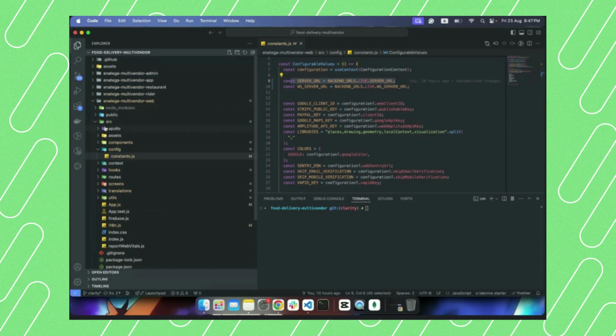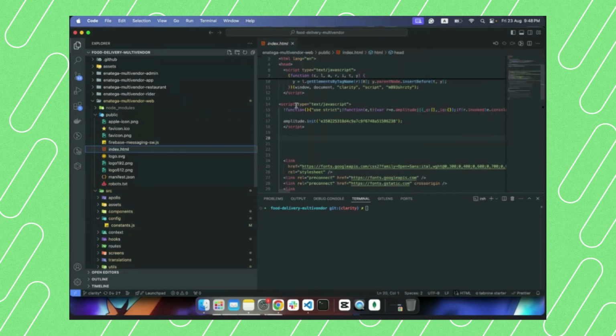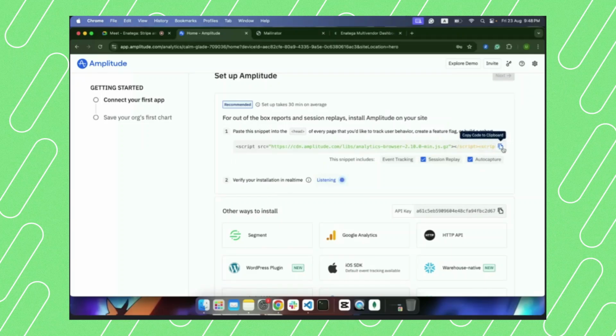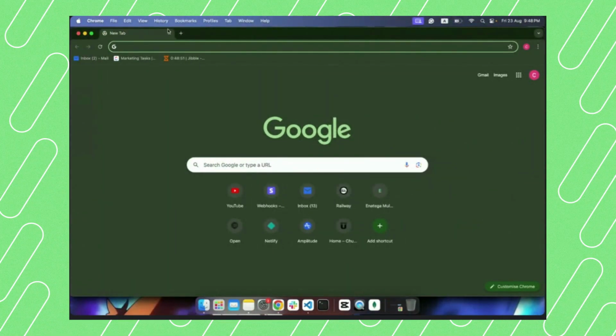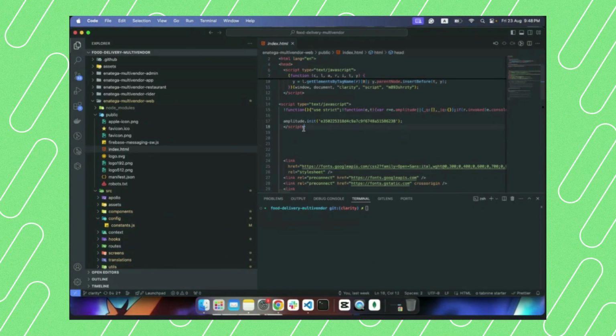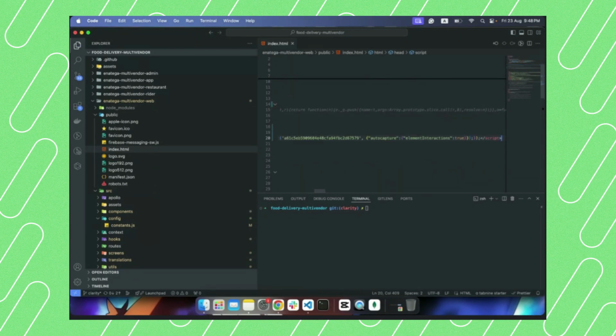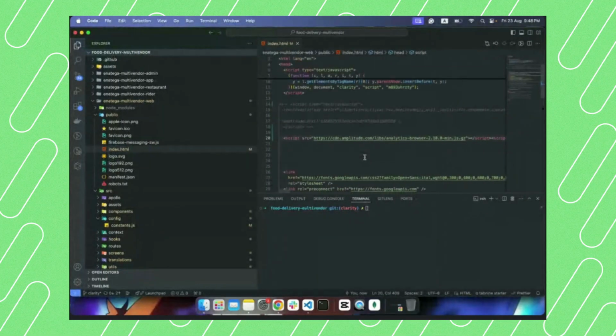But I can just copy this snippet in the public folder. So just paste it over here. Just comment this one and paste it over here, right? And then in the